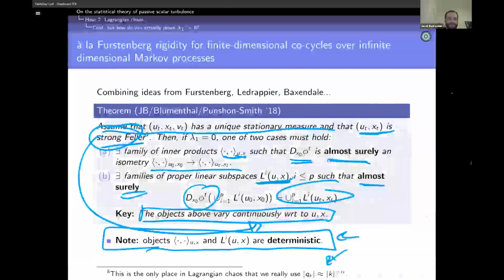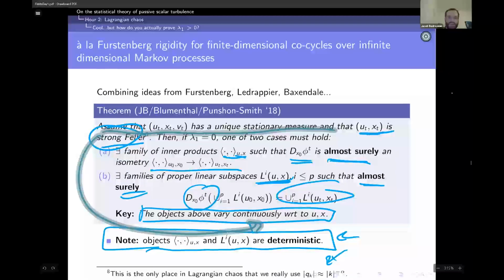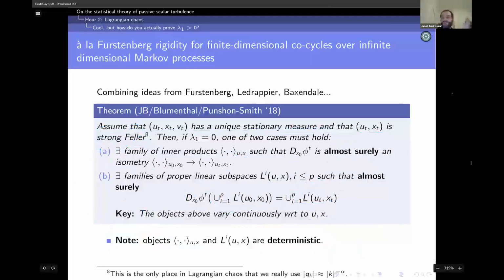So let me erase some of this junk. What do you have to do? You have to prove that neither of these two things can happen. So if you rule out A and you rule out B, you're done. And so